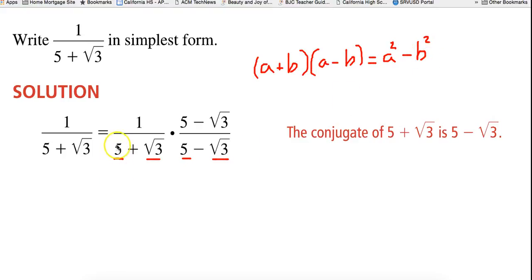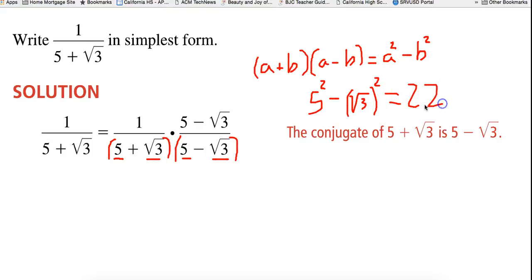So when you have 5 plus root 3 times 5 minus root 3, you can just say that that is 5 squared minus root 3 squared. And what you're going to end up with is 5 squared is 25 and root 3 squared is just 3. So you end up with 25 minus 3, you get 22. So notice,